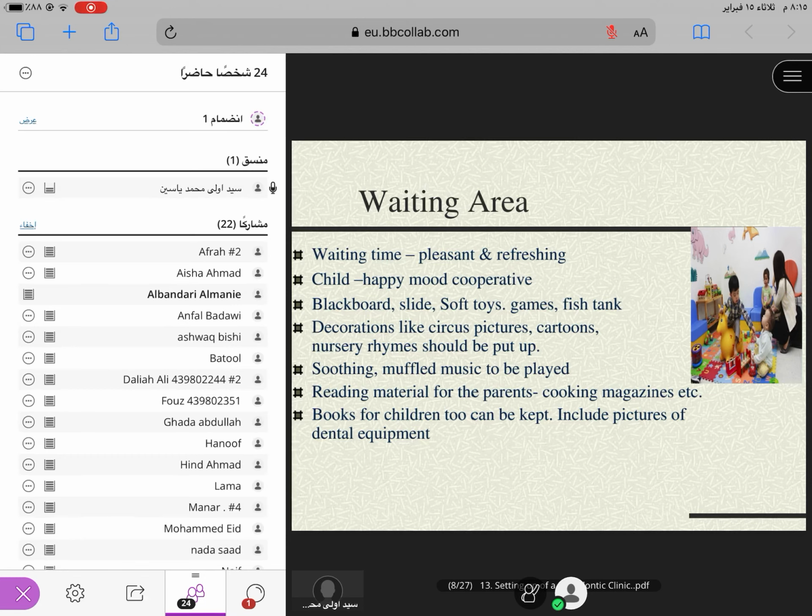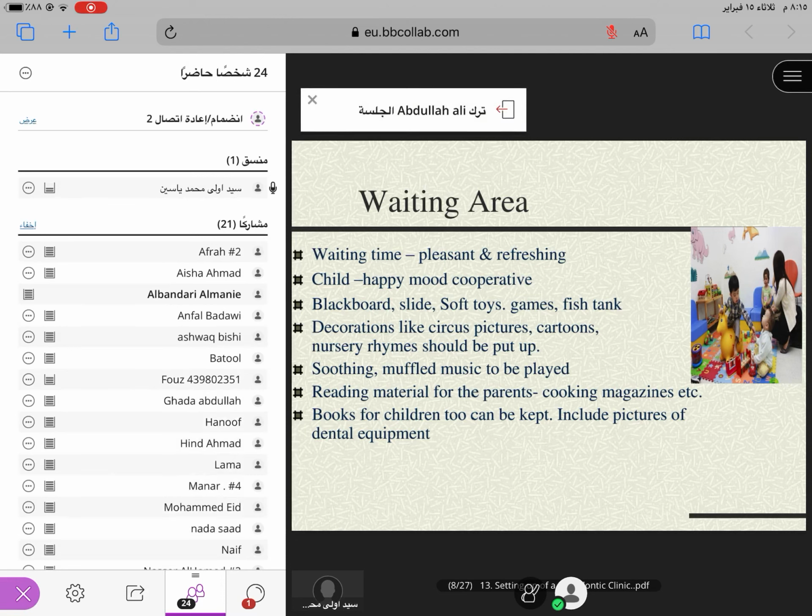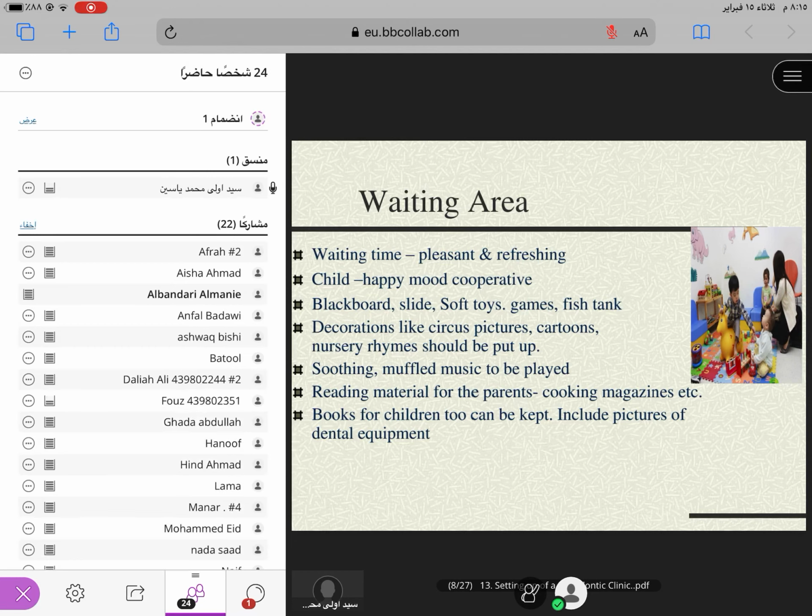Next is the waiting area. The waiting time of a child in the dental clinic should be made pleasant. How can you make it pleasant? By distracting them. How can you distract them? By keeping them in a happy mood whenever they are entering the clinic. Basically, the waiting area should have various toys,